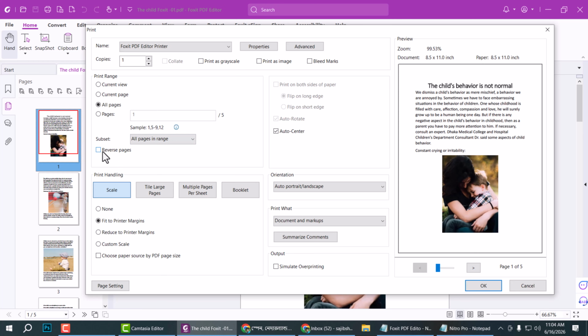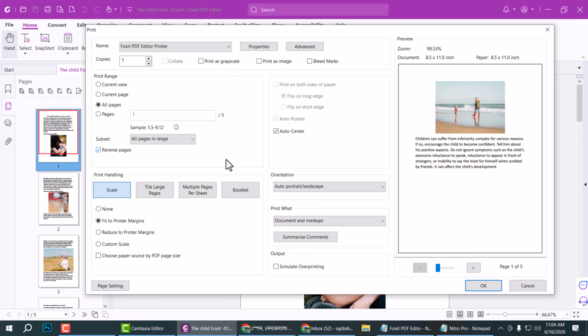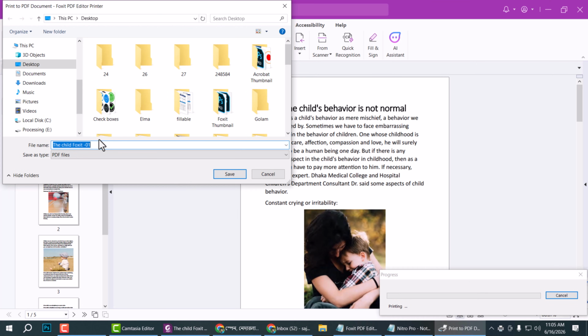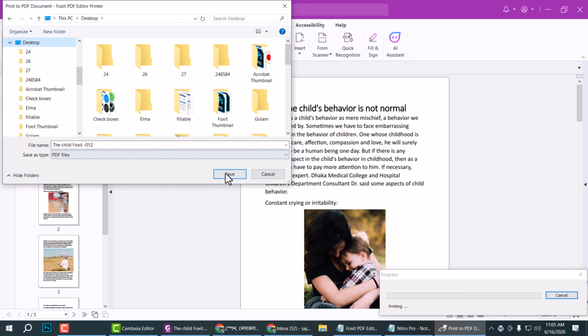and here you will find this reverse page order option, and all of the others remain the same, fit to page, printer margin. Now select OK and save as. Stop, save,